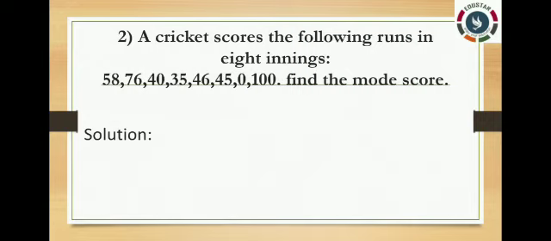So what is the mode of the score? Yeah, from this, find which data has occurred maximum number of times. No data occurs maximum number of times. So we get no mode. Important note: a set of numbers may have one mode, more than one mode, or no mode at all.